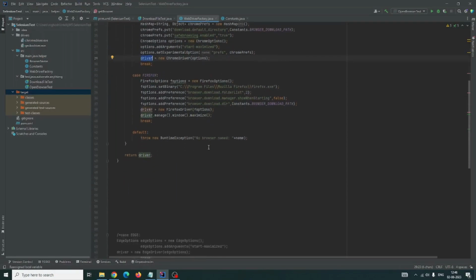And for Firefox there are quite similar kinds of things. Here you have to create the FirefoxOptions object, and the first thing is that you have to set the binary of your Firefox exe. Next you have to add the preference. Here the keys are somewhat different from Chrome, but the actions are similar. Here within addPreference,